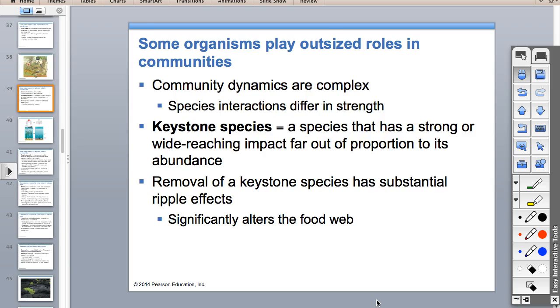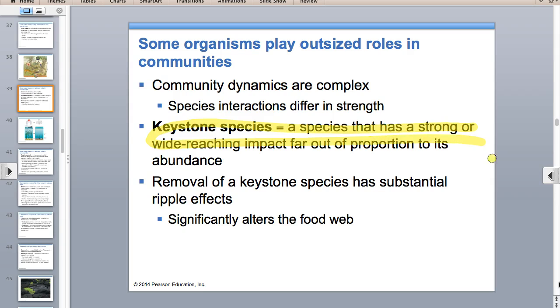Keystone species, super important. We talked about them when we discussed wolves in Yellowstone. The wolves of Yellowstone help to provide a constant and more consistent availability of carrion or carcasses. They help to control the coyote population so that the little pronghorn deer would do better. They also help to keep the elk population down so that the aspens and willows could do well, and then the beavers could build their dams again. Am I ringing some bells here for you?